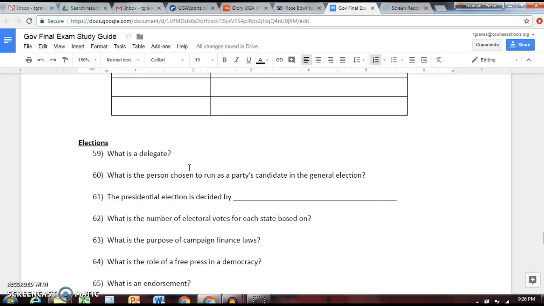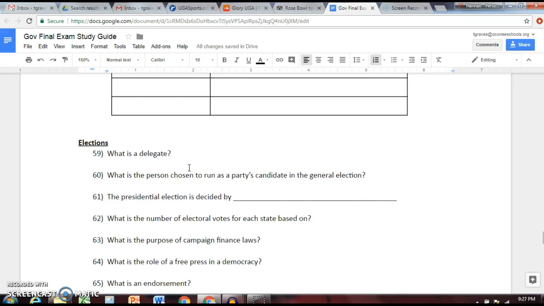Number 63, what is the purpose of campaign finance laws? It's to limit corruption. Think about it. If you have a lot of money, let's say you're Bill Gates and you really like Hillary Clinton last election, well, you could have donated $1 billion to her. And the idea is, if you do that to help her get elected, then you're going to expect something in return. So if you help her get elected, when you call her while she's president, now obviously she didn't win, but if she would have won, you call her up and you expect her to do what you asked her to do, and that can lead to some very shady situations and some corruption. So it's designed to limit that corruption.